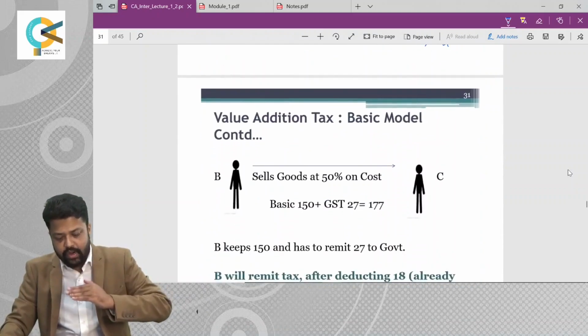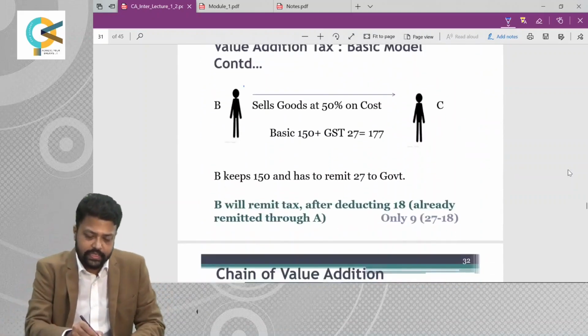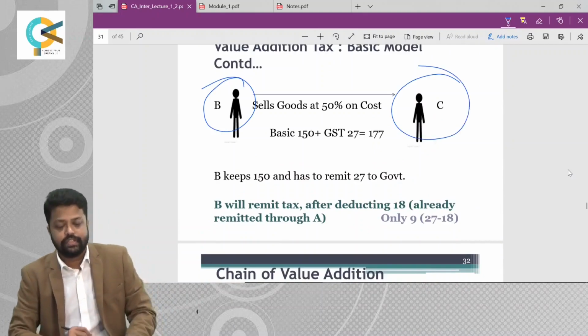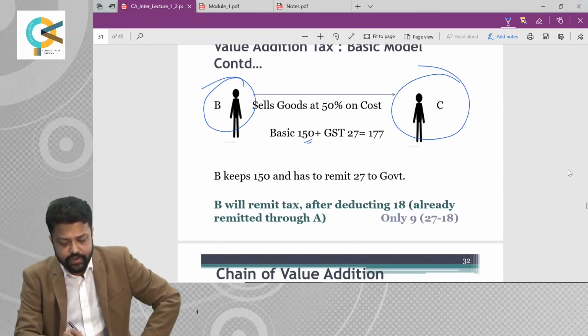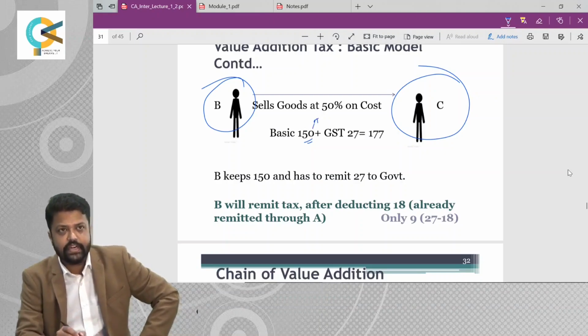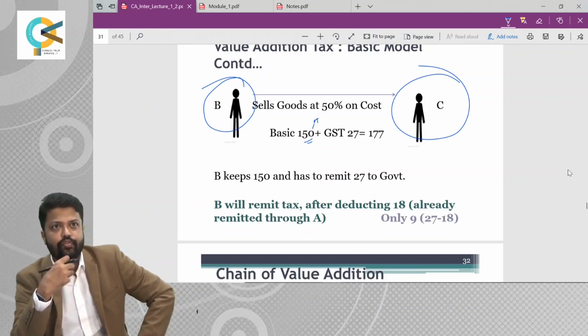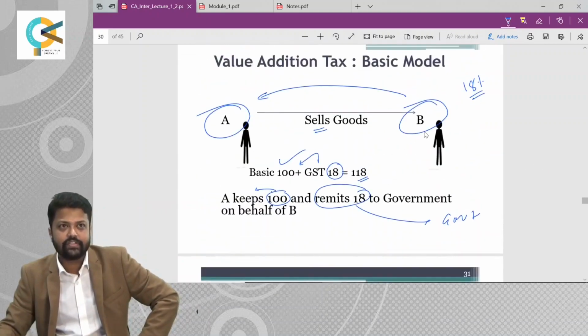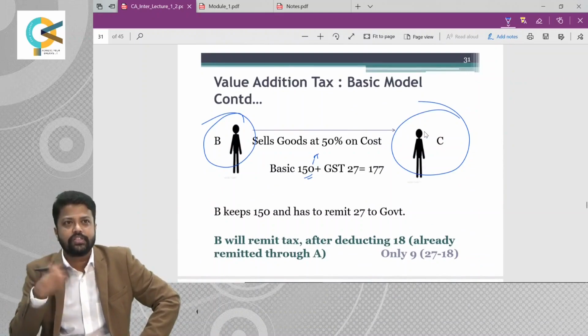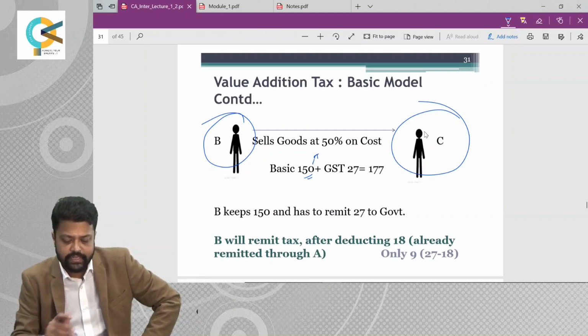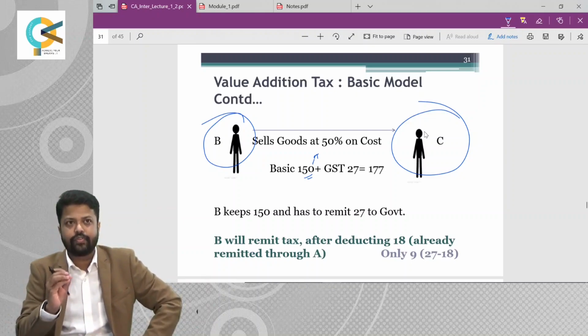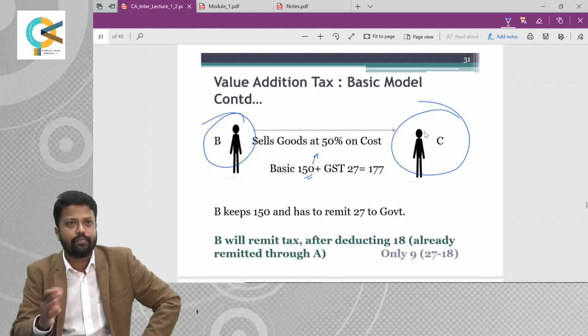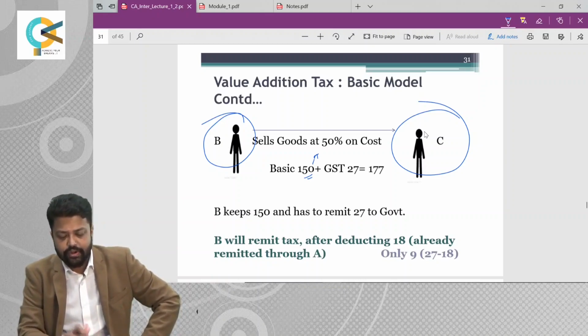When we go to the next level, B is a trader. So B sells these goods to Mr. C. Now the basic price is 150. So 50 is margin, right? 50% on cost is retained as profit. Because he will not sell at exactly rupees 100, which is what he paid, since he has his own expenditure, he needs to earn something out of it, he needs to make some profit out of his business. So he charges 50% as a margin. I have considered 50% just for the sake of easiness and understanding. It may vary from business to business.